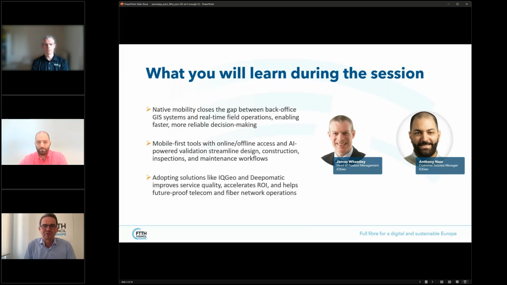Operational excellence increasingly requires very smart tools, systems, and services. This session will be about how we connect a back office GIS system and real-time field operation, and how we leverage AI-powered mobile devices and tools, driving service quality, speed, and first-time right operation.